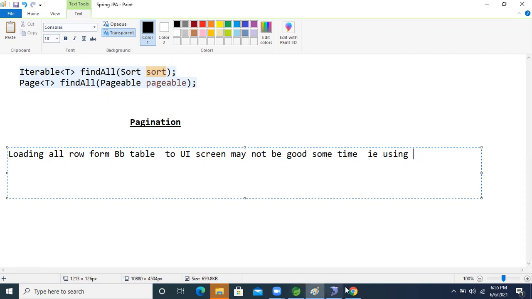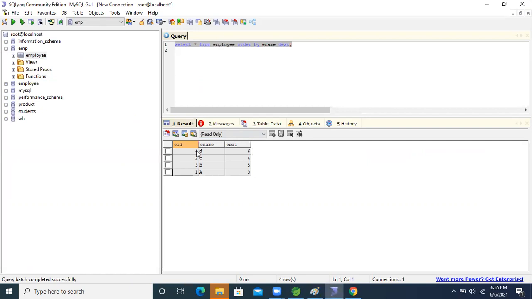If we use the findAll method, what records are we getting? All records. In the last discussion, whenever we perform the findAll method, we get the total records.